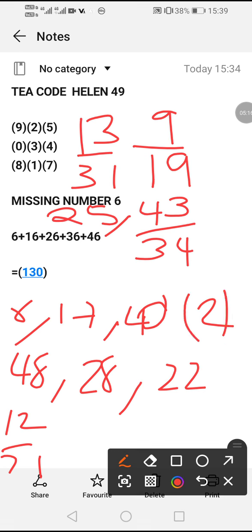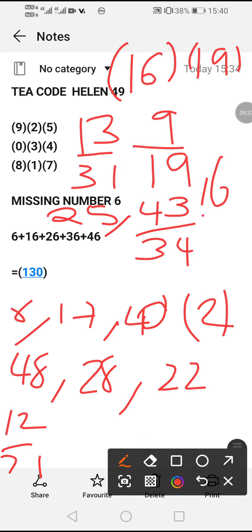So when you are done doing this, you have to add up everything that is here in the code. 9 plus 2 should be 11. 11 plus 5 is 16, which is a 19. This number is not yet done. 16 or 19, it's not yet done. Then if you say 3 plus 4 is a 7. At the bottom, if you say 8 plus 1 is a 9. 9 plus 7 is a 16. This 16, trust me, 16, 19, this number is still a fire.